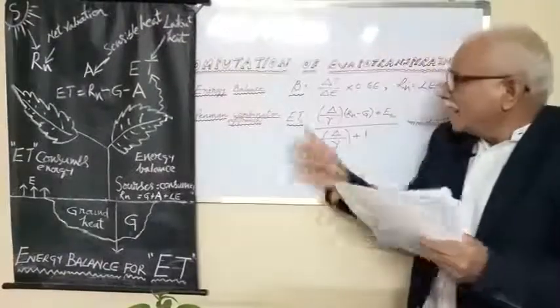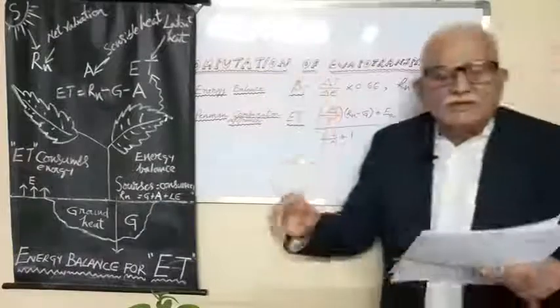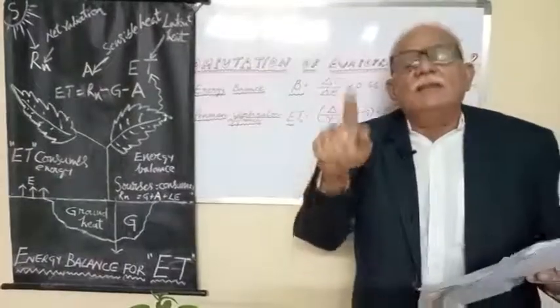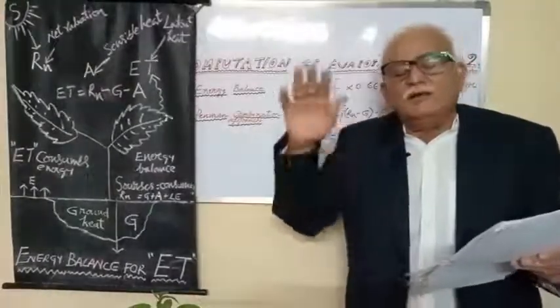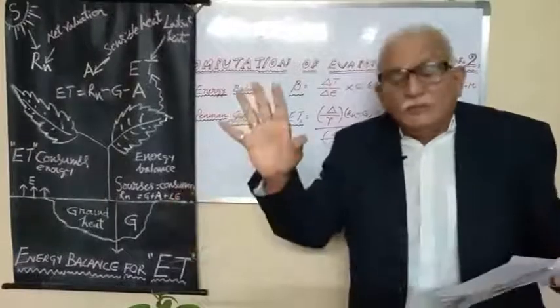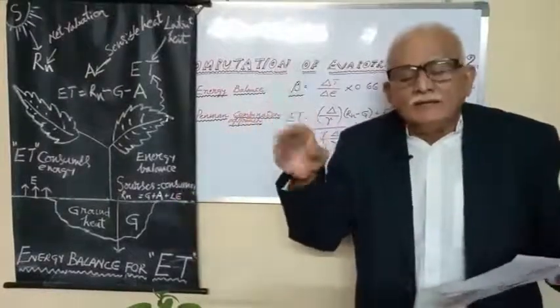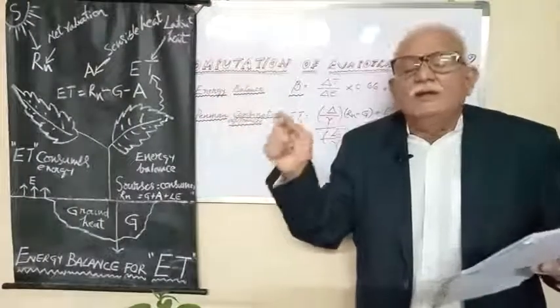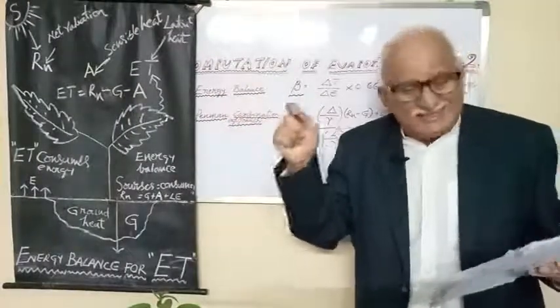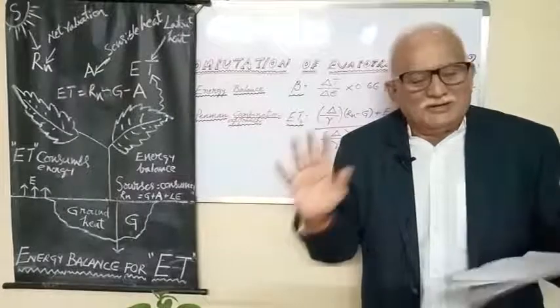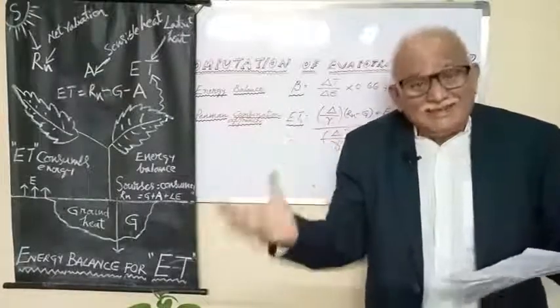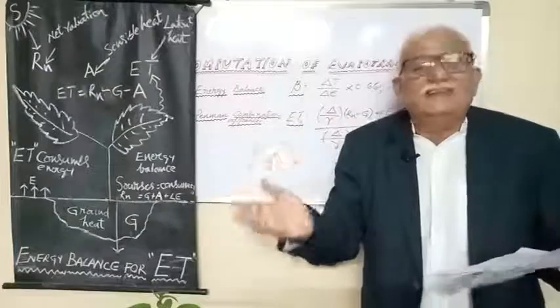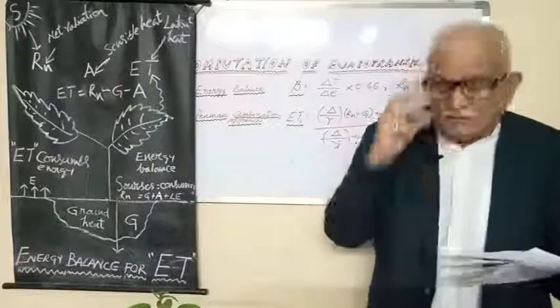Now, here I would like to impress upon you that Bowen's ratio is one of the techniques where net radiation is equal to sensible heat flux plus ground heat flux plus latent heat flux. Using that, what is Bowen's ratio? Delta T by delta E into psychrometric constant. Usually we take the psychrometric constant as 0.66. So this is how we can estimate the energy utilized in evapotranspiration, that is the latent heat. You may put a question.